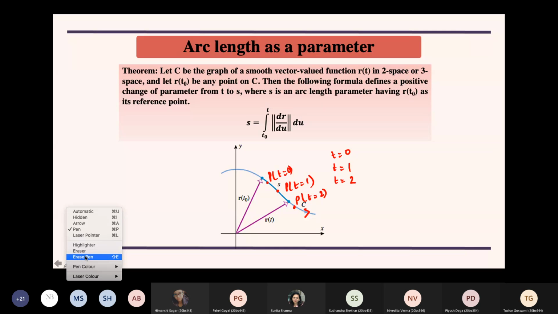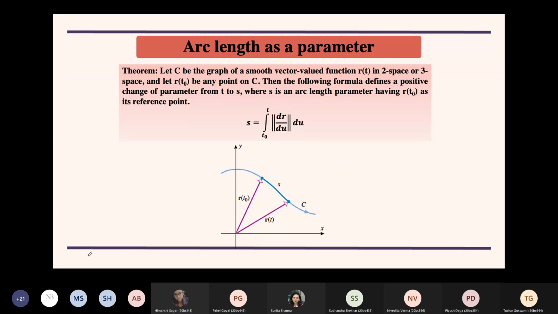Do you remember this? I did discuss it. I don't know if you listened carefully, then you might have registered this point. So when we define orientation of C or direction of C, it is basically that direction in which my point is moving when t is increasing. So if increasing values of t give me points moving in this direction, I would say this is the orientation. Otherwise, I will say the orientation is in the other direction.